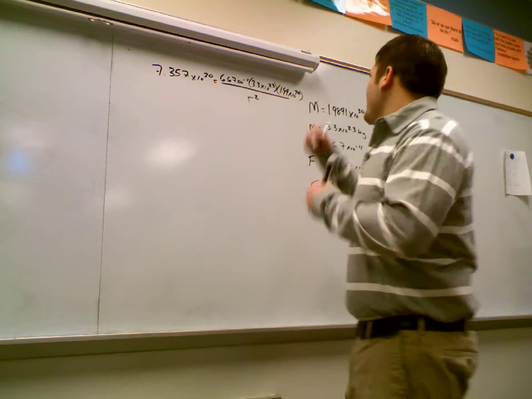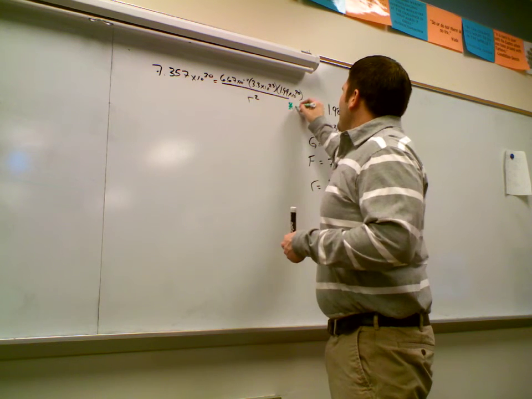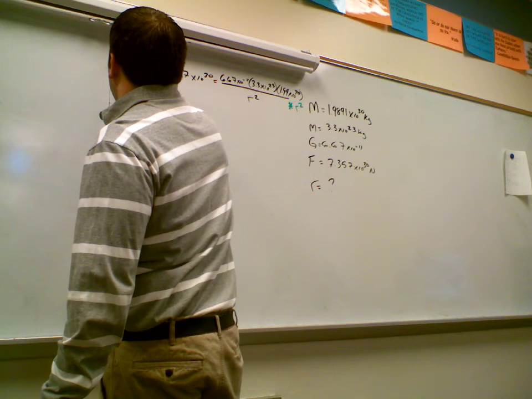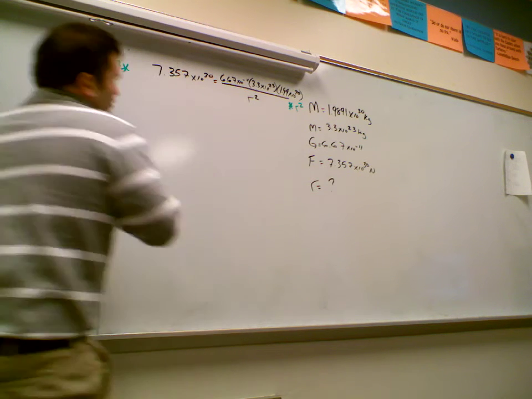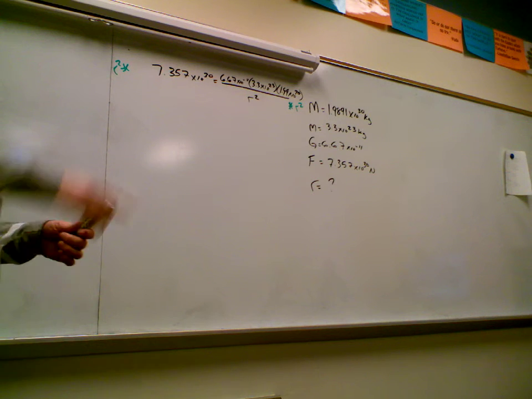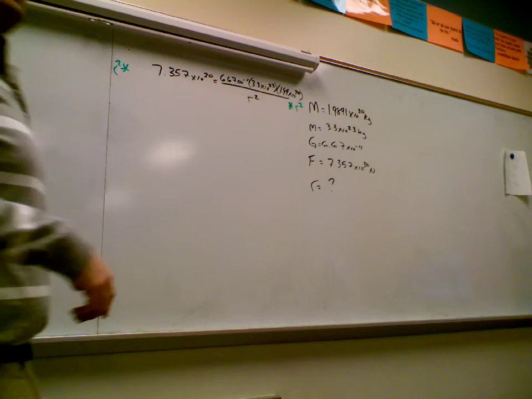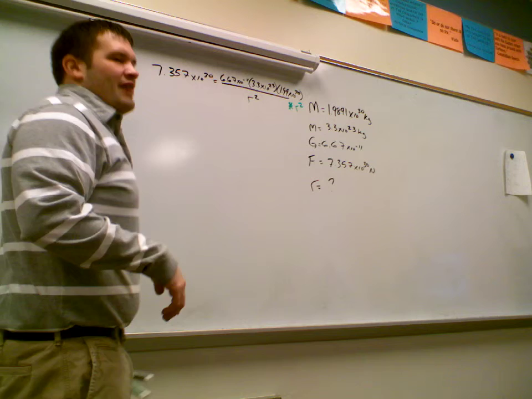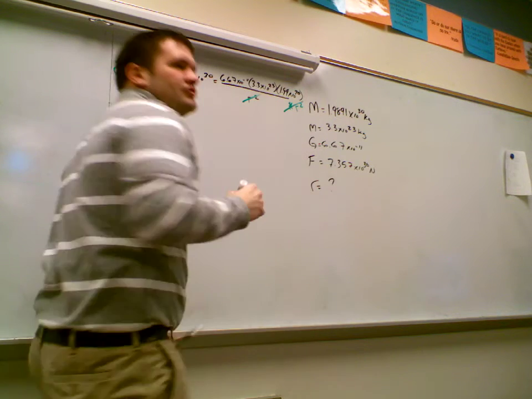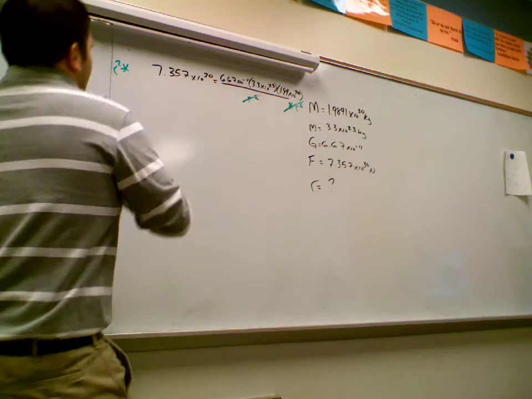Just times it by. Multiply the top of both sides by r squared, right? You could just flip them, but then we're going to have to divide over and go from there too. Okay? So multiply the top by r squared. So then this r squared gets canceled, right? Right? So then we have